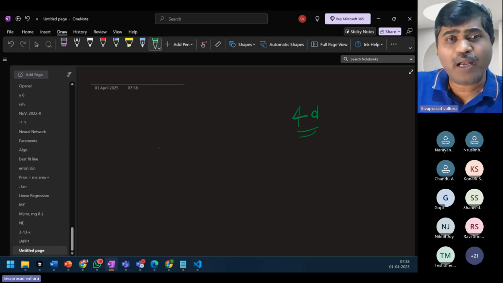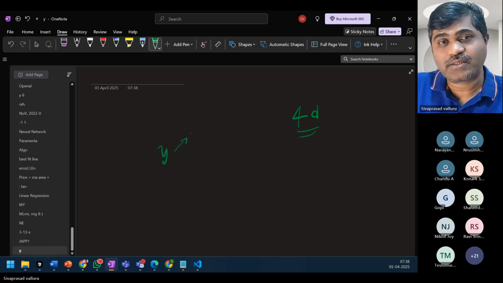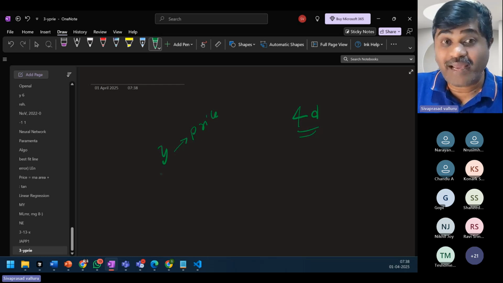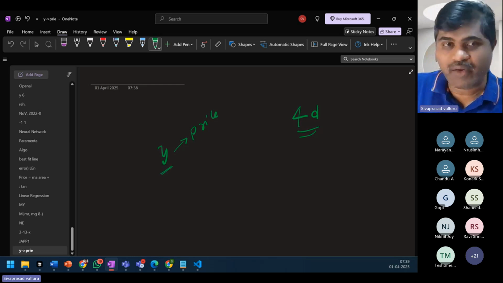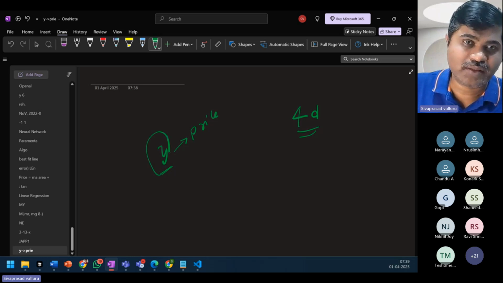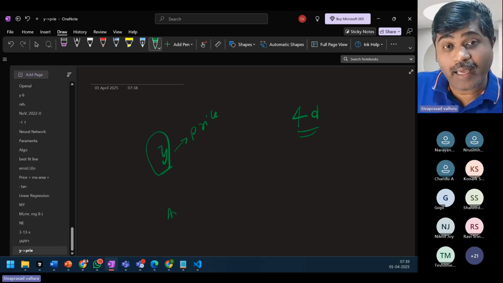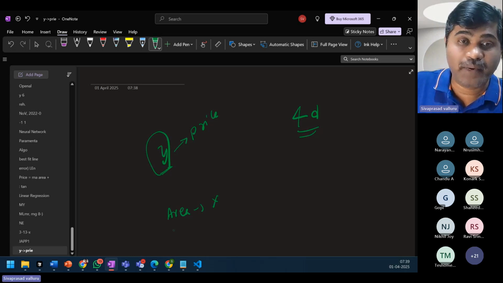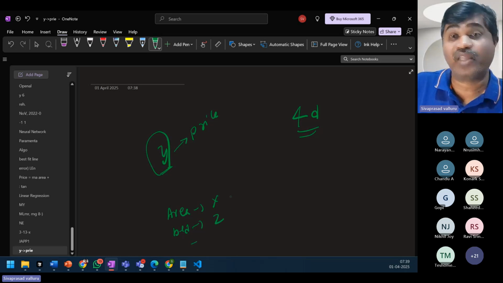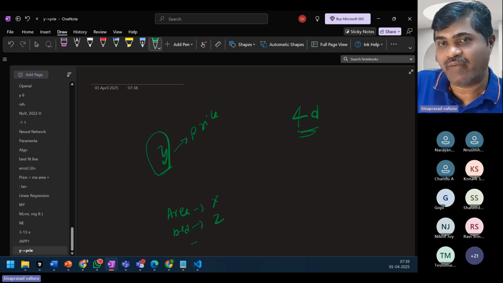So I'll call y as price, on the y-axis. Normally, whatever we want to predict, we call it y. And maybe area, I can make it the x-axis. Bedrooms, I can make some z-axis, etc. There might be 4 axes in a 4D graph.